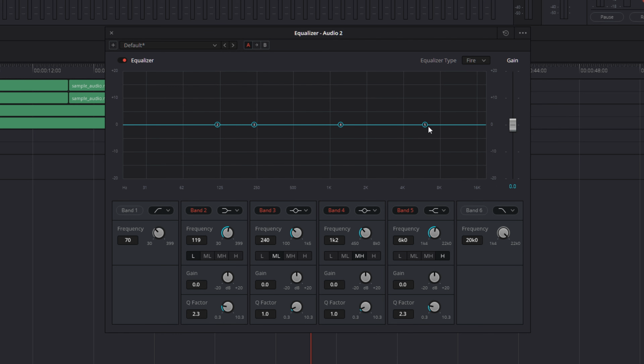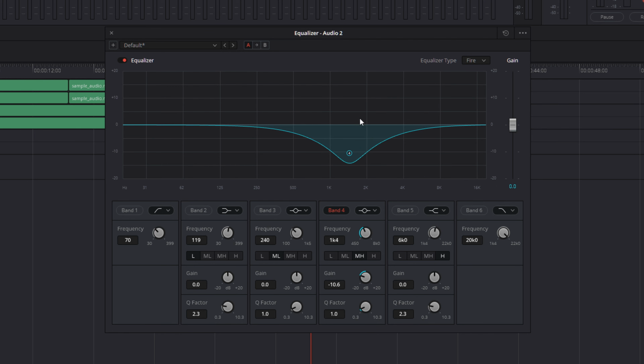We can untick any of these other bands because we don't really need them for this by simply clicking on band 2, 3, and 5. If we want to get more nuanced with our edit, we can turn them back on, but for the purposes of this tutorial, this is more than enough. Now, we know that we want the center of our reduction to be about 1500 hertz. So we're going to bump the band over between 1000 and 2000. Let's go ahead and put it right where we want it, and now reduce those frequencies by changing the gain slider here. And your mileage may vary, especially with how loud or quiet you keep your background music, but I find that about -10 on the gain for reducing these frequencies works pretty well.